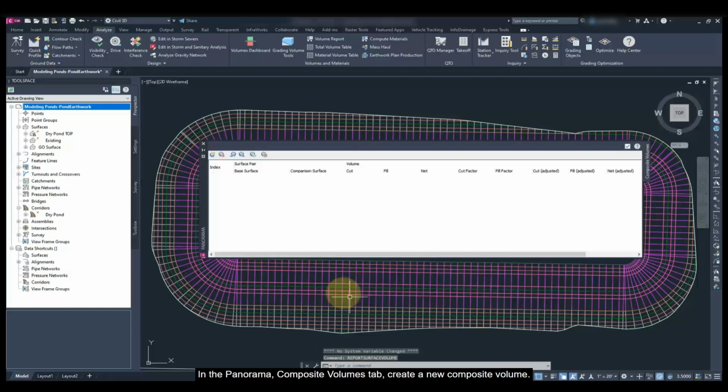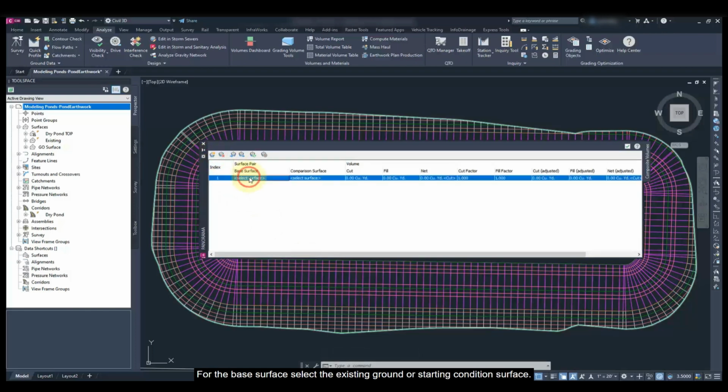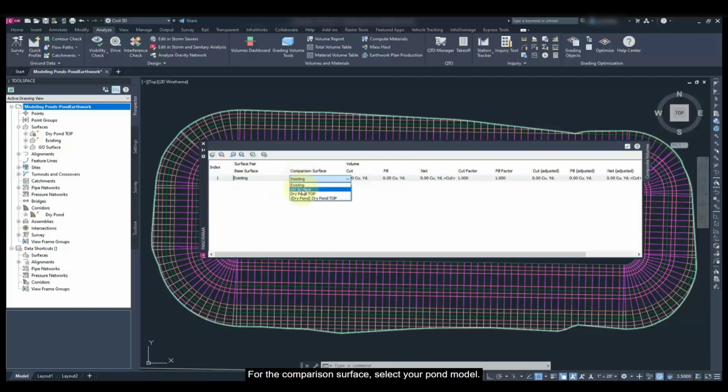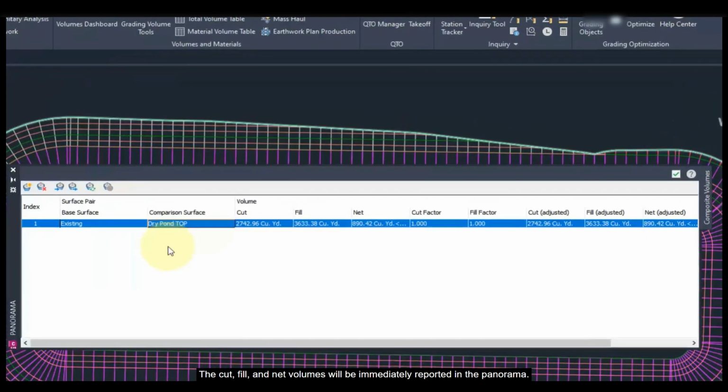In the Panorama, composite volume tab, create a new composite surface. For the base surface, select the existing ground or starting condition surface. For the comparison surface, select your pond model. The cut, fill, and net volumes will be immediately reported in the Panorama. If you look at the net volume, you will see how close or far your pond model is from being